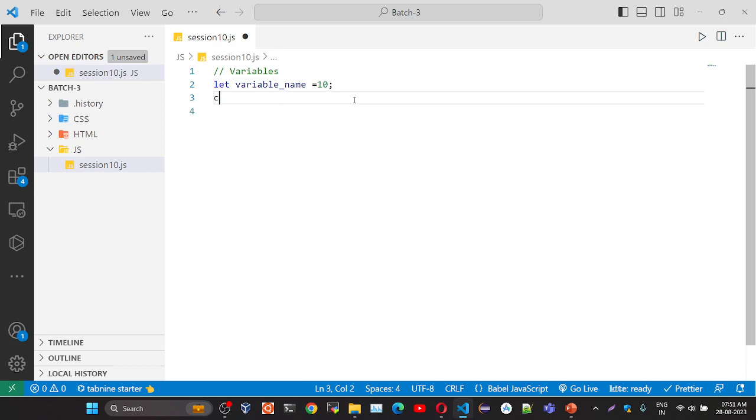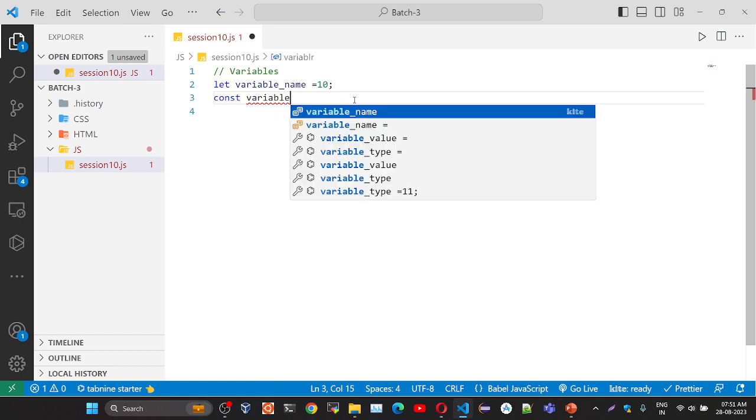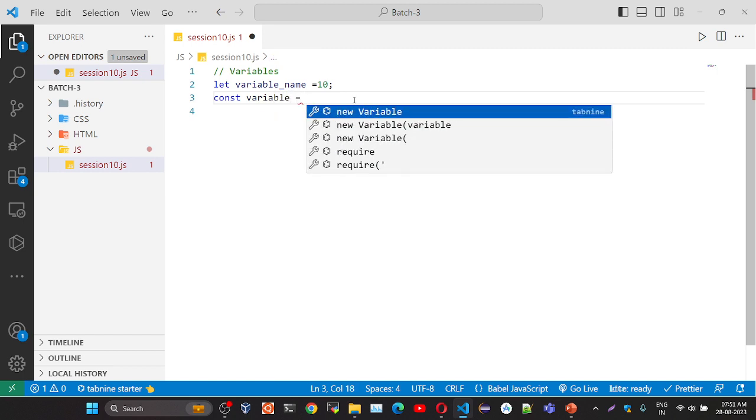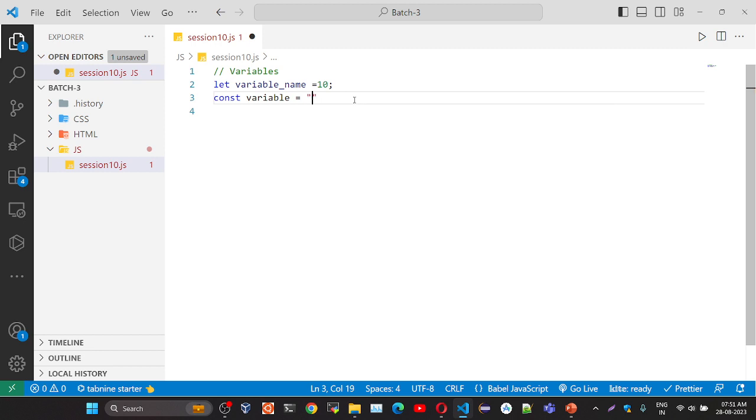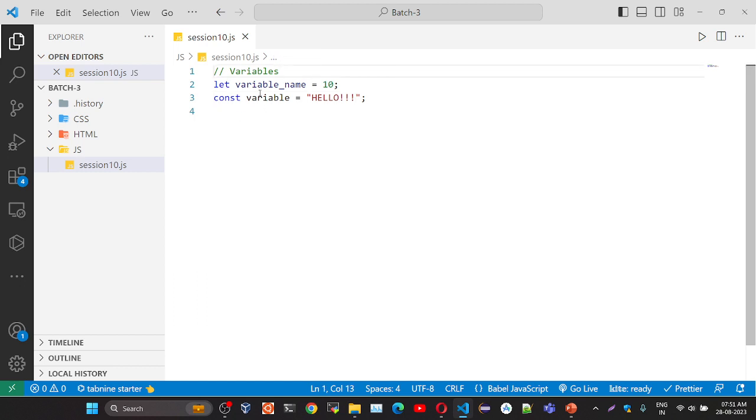Okay, and next will be const. Const is the data type where, if you declare some data, you cannot change the data. Okay, const is the variable. A const is the data type where you declare the data and initialize it. You cannot change the data. Okay, so for example,